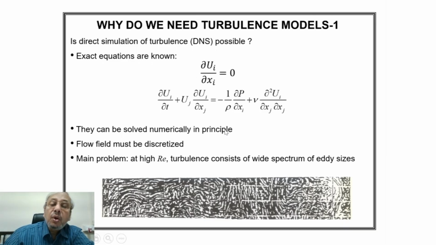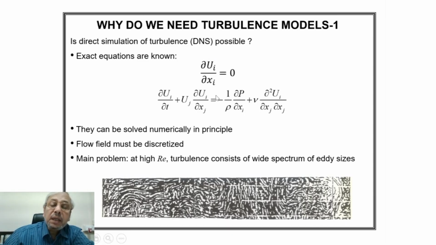So, four equations and four unknowns, U, V, W, and P. Ideally, this can be solved without any problem, even for turbulent flows, and that is what is ideally direct numerical